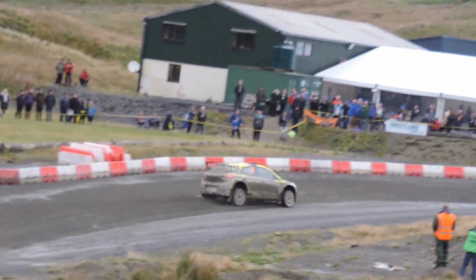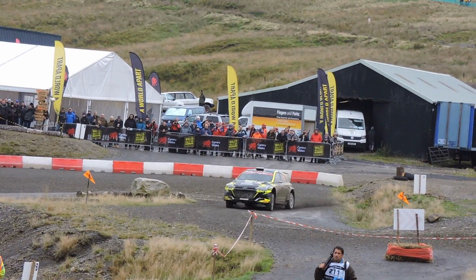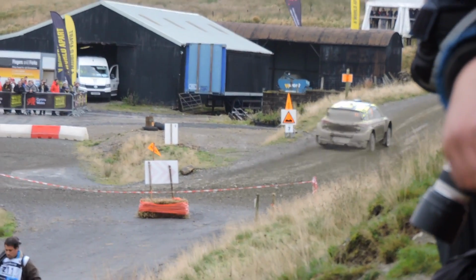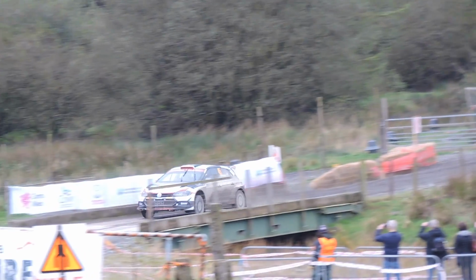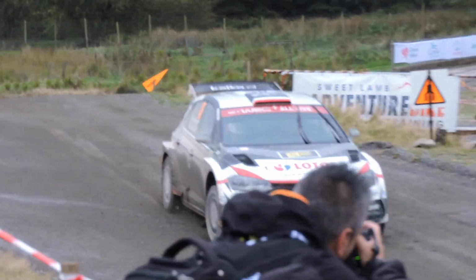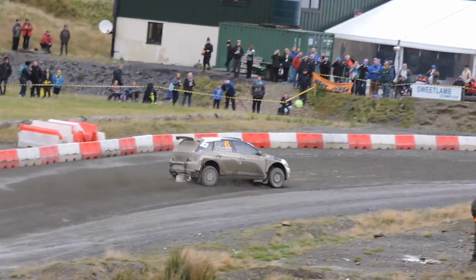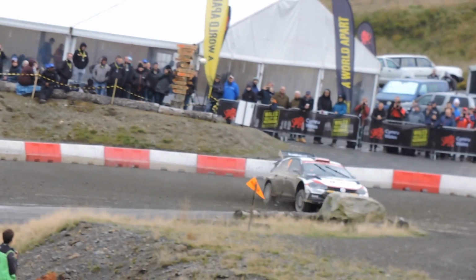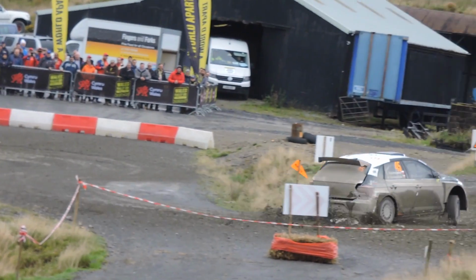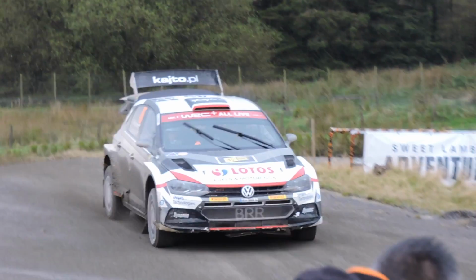Comes over the brow then, and we're not really concentrating on overall times anymore. Now we need to be looking at what we're doing for an RC2 time. Fastest in RC2 at the moment is punctured tyres. Yeah, very early in the day he had punctures on stage 2 and stage 3. Had 3 different punctures, he's got a boot open as well at the moment, and didn't have any more spares, so he had to retire. So the car's okay, he just didn't have any rubber, which is a great shame because he is...